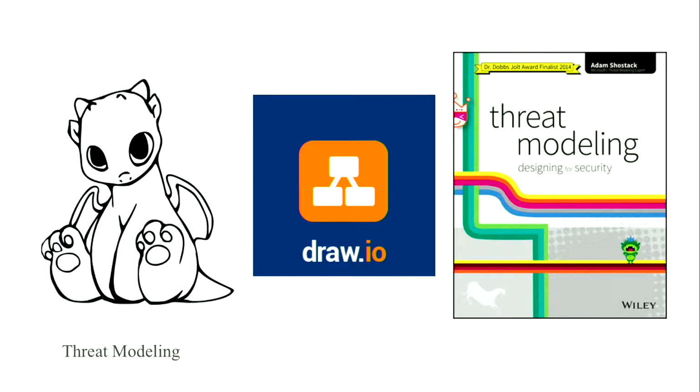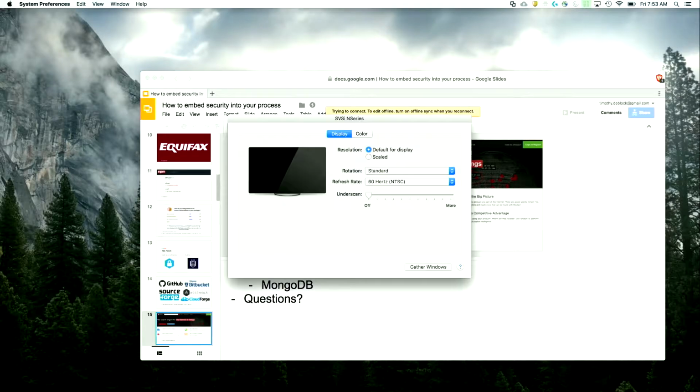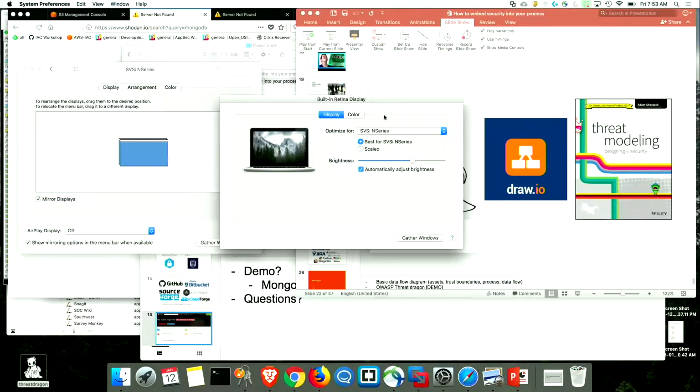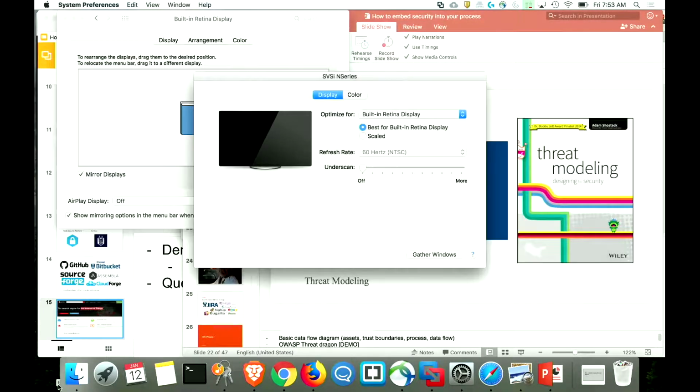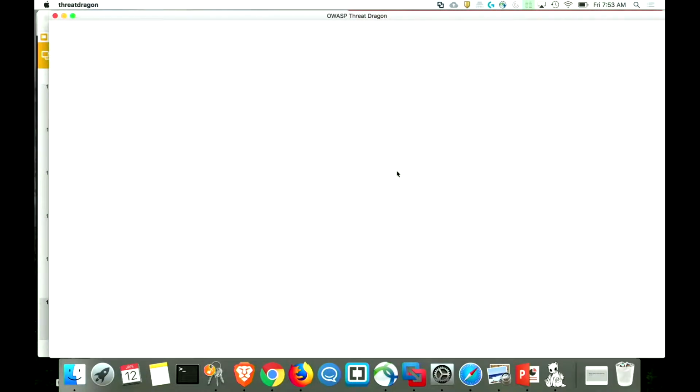So these are some resources. One of the things I'd like to do here is show you the OWASP Threat Dragon that was on the screen. Back. Oh, here it is. OWASP Threat Dragon is an open source project from OWASP. It's a really great tool. If it works, this shouldn't need an internet connection, so I don't know why.